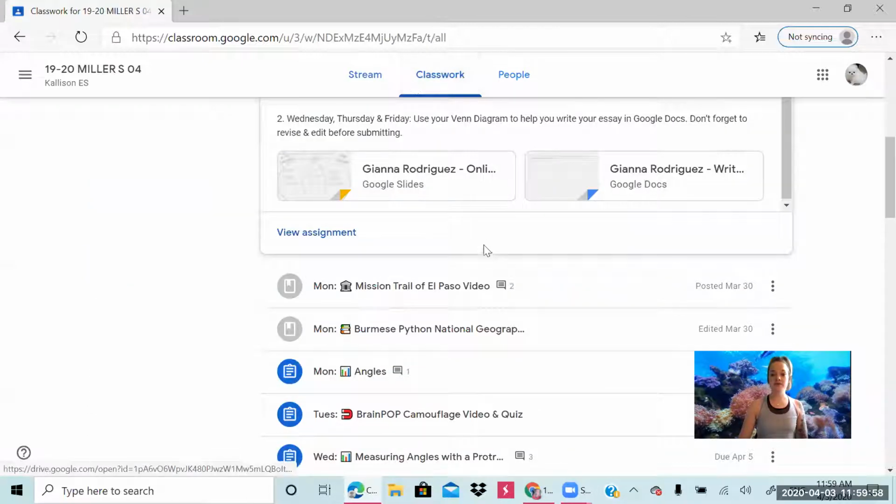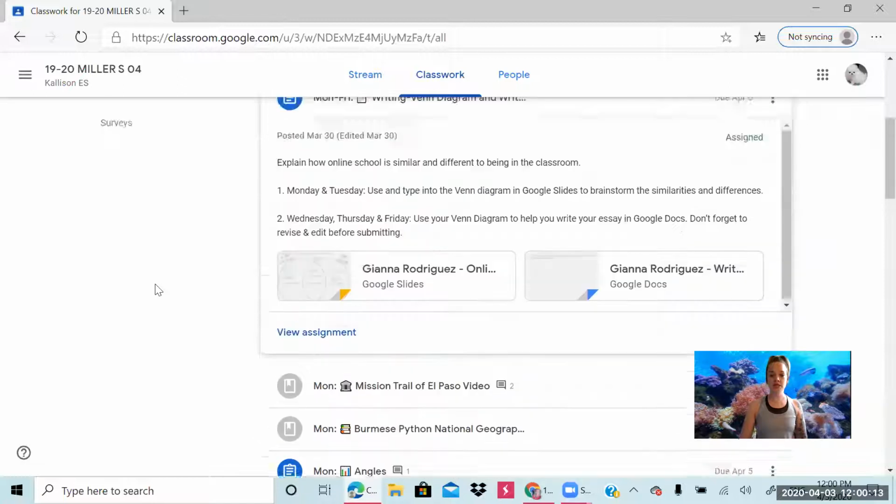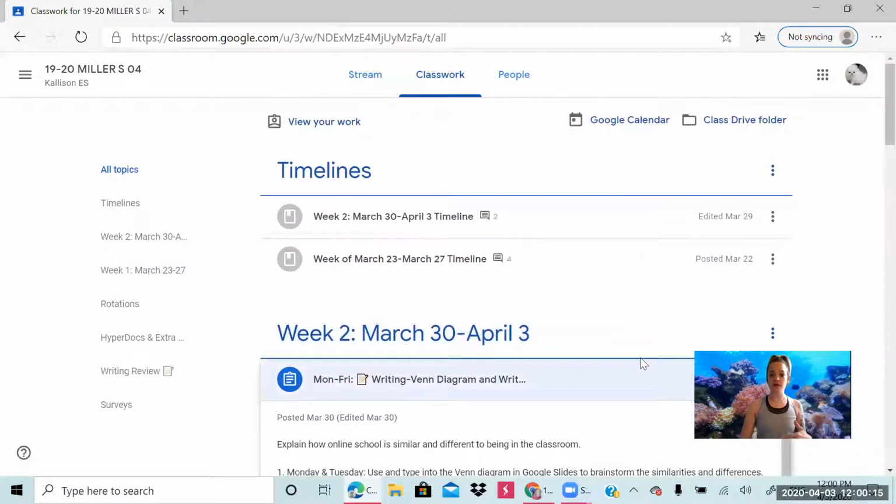I try to make everything that the students have to do in a week due that Sunday. So all the stuff from this past week will be due on Sunday the 5th by 11:59 p.m. When it comes to making sure that you've turned in your work, if you actually scroll back to the